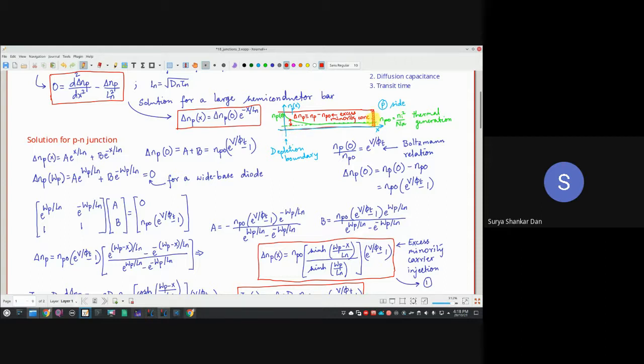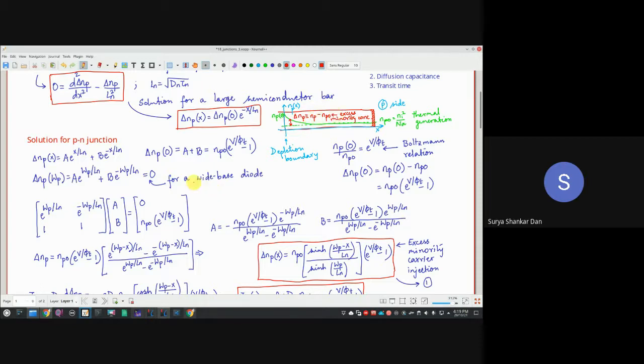So if this is the terminal, that means the concentration of the excess minority carriers is definitely going to be zero at the terminal. Yes or no? Excess minority carriers will never remain; before that itself it becomes zero. So if W_p is the width of the diode in the P side region, then delta n_p(W_p) is equal to, I have simply replaced this x by W_p. Now this delta n_p, that means the excess minority carriers, is always going to be zero. That means n_p here is equal to n_p0.